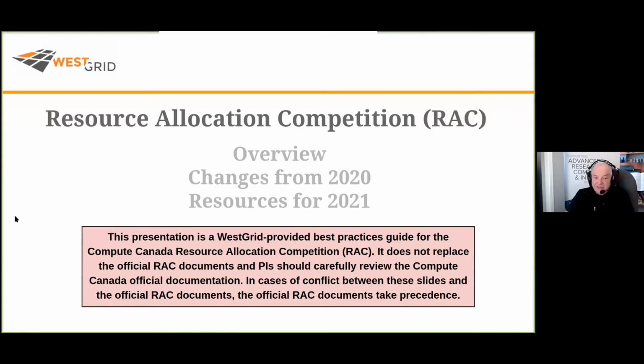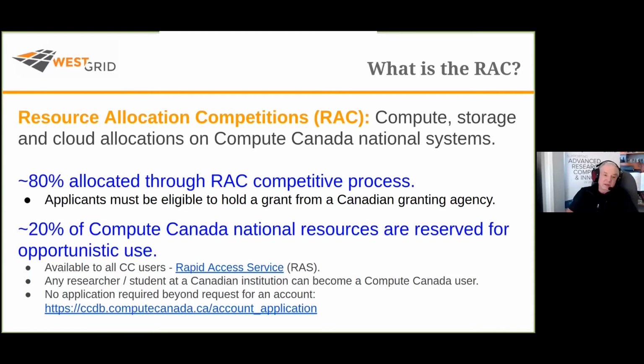Right. That's kind of it for a quick introduction. If I was here in person, I would, at each of the sites, I would probably go over in some detail much more about how WestGrid fits within it. But I think for this presentation, we're aiming very much more at the resource allocation committee competition itself. And there's always a bit of a disclaimer here. I'm taking my experience, the experience of various of our support folks and analysts, and what I think is going on, and trying to wrap it up. But of course, in practice, if I get it wrong, it's the Compute Canada official documentation that has it, and that's all on the Compute Canada website,